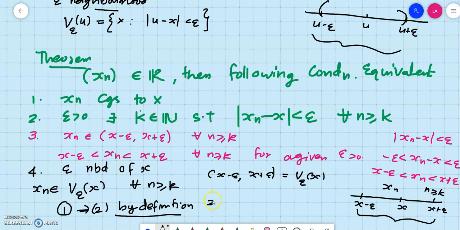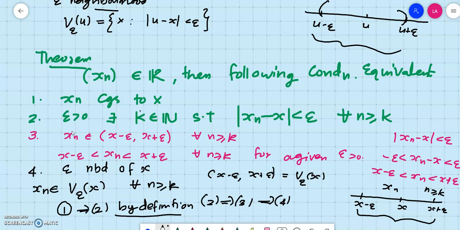So we can easily obtain 2 implies 3 by simply putting modulus of xn minus x by the definition of modulus. From that, if xn belongs to x minus epsilon comma x plus epsilon, the interval x minus epsilon comma x plus epsilon is termed as v epsilon of x or epsilon neighborhood of x. That means xn belongs to v epsilon of x for all n greater than or equal to k. From this, equation 3 implies 4. Okay, so from this 1 implies 2, 2 implies 3, 3 implies 4. Then 4 implies 1 can be